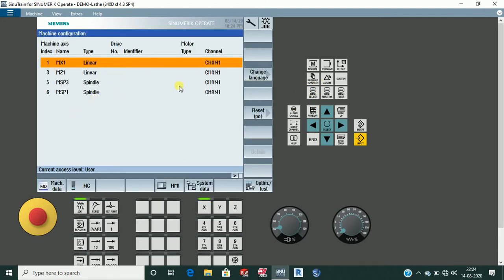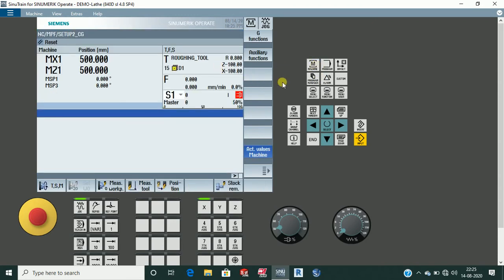This is the setup. We don't move into this because I'll be making your video for the programming, so no need to. If we want to change anything in setup, I'll show you. And then go to machine position, machine screen. And next is menu user. This doesn't work in the simulator, and the menu function also doesn't work in the simulator.